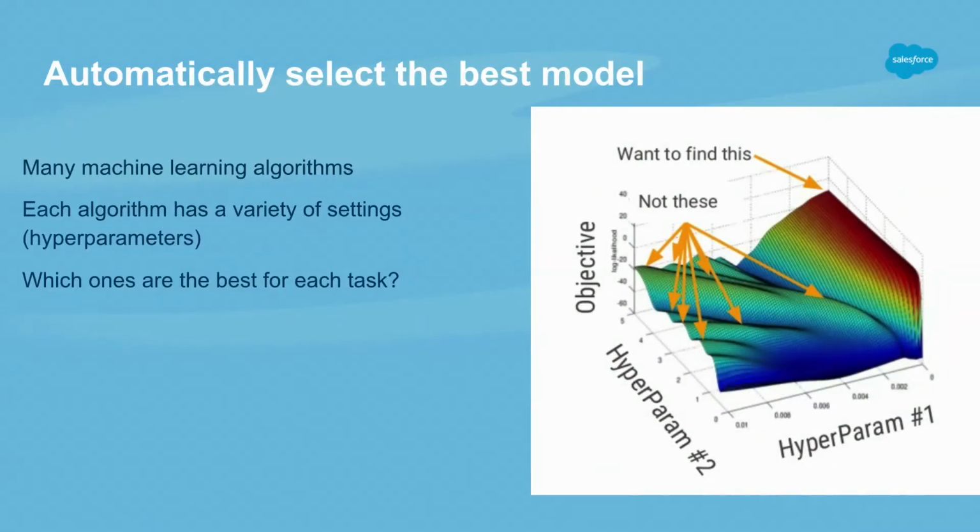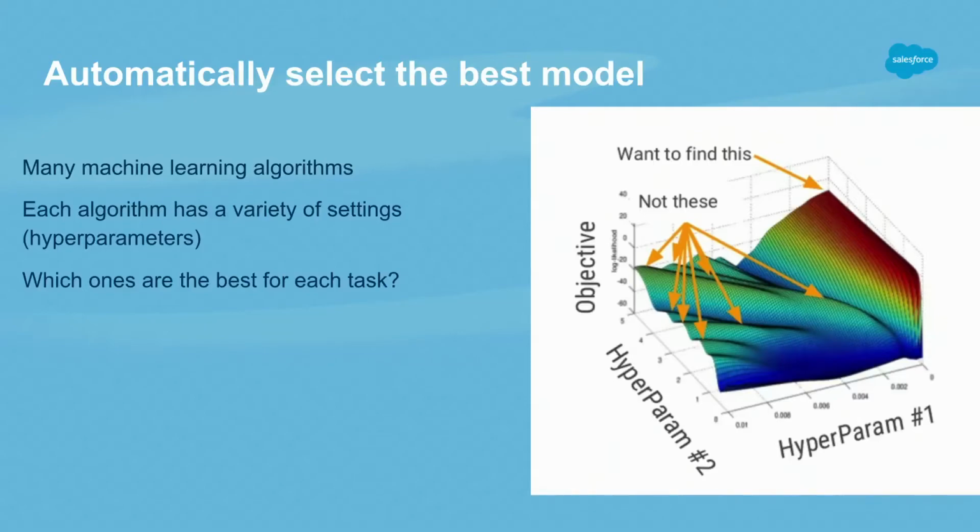Yeah. So now we've got features that we've convinced ourselves are not crazy features to use in a model. So the last step is actually training a model and picking which model to deploy. I'm sure you're familiar that there are many different machine learning algorithms out there, and each algorithm has a ton of tunable parameters. So the question we have to ask at this point is which settings and which machine learning algorithms are